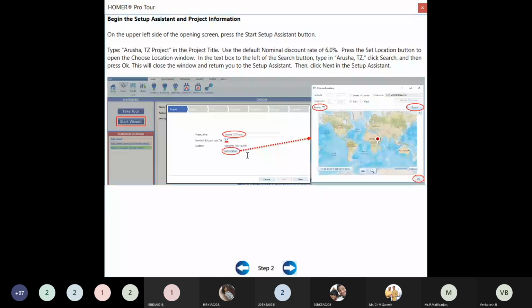That means first what you are going to do in Homer, you are going to look at all the components. Depending upon the location, which one is suitable. Sometimes solar is suitable, sometimes wind is suitable, sometimes other sources are suitable. Depending upon that, you are going to select. Then after that, first of all, your load estimation is important.